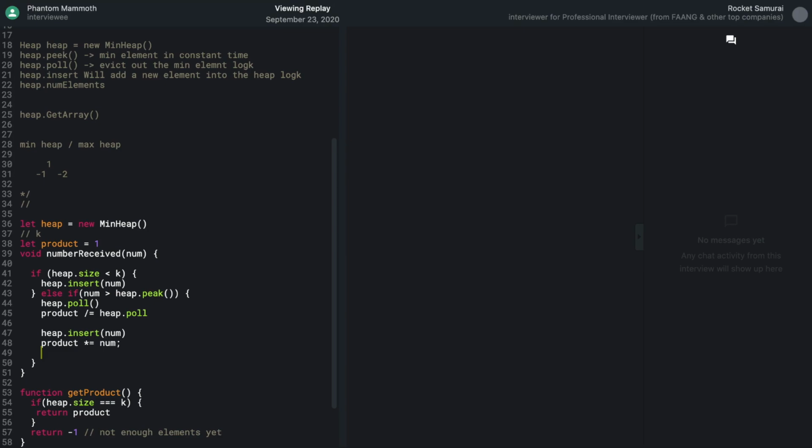Whenever you are multiplying large numbers, or a lot of numbers, will the product go out of range, out of bounds of the data type, depending on the language? So for Python, it may not go out of range, but I don't know about JavaScript, but in Java, usually it goes out of range, right? So keep that in mind. And then